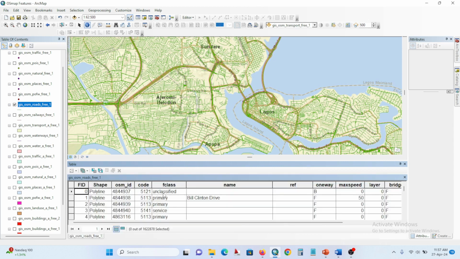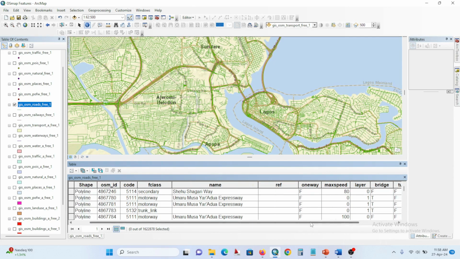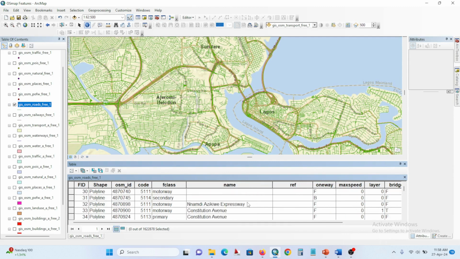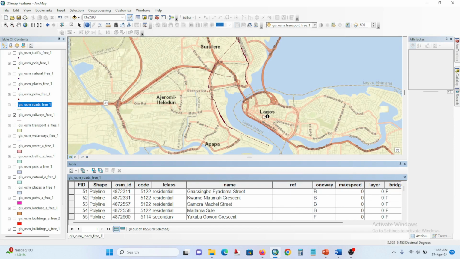Okay, you can see we have unclassified, primary, and they are all polylines: primary, service, secondary, motorways, and all that. So you can actually classify the display of the roads, and you also have the street names, the road names, and all that. And for the railways, this is the railway present in transport,